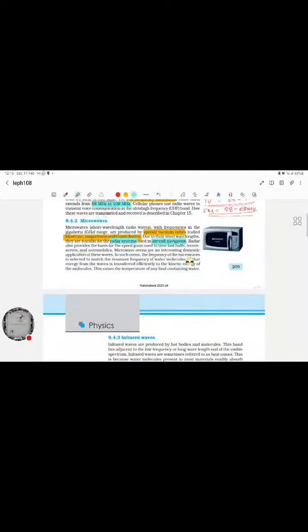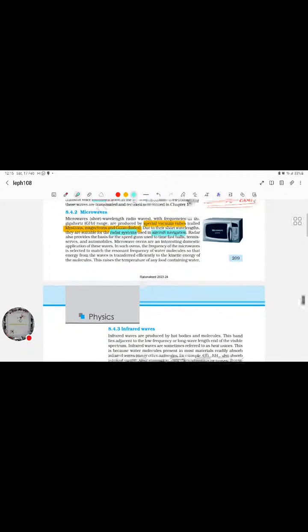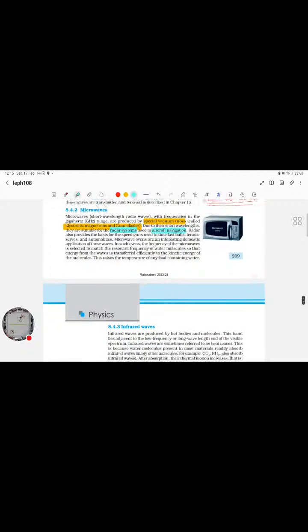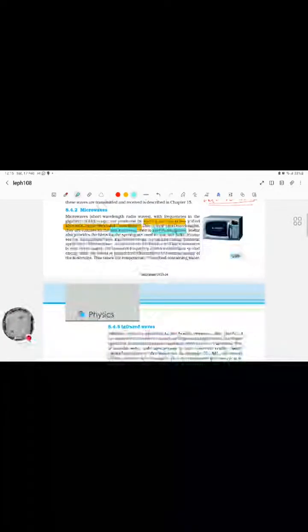In such ovens, the frequency of the microwaves is selected to match the resonant frequency of the water molecule so that the energy from the waves is transferred efficiently to the kinetic energy of the molecules. This raises the temperature of any food containing water. Basically, for microwaves we set the frequency in such a way that it resonates with the frequency